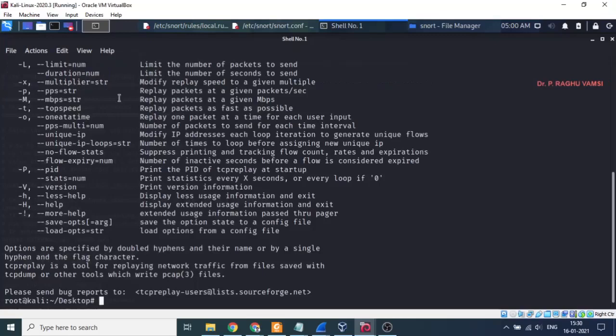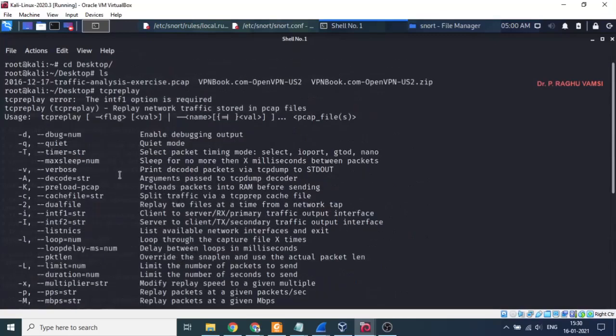So this tcpreplay has various options: tcpreplay, flags, and the PCAP file name. The flags cover how many iterations we need to perform and how much time we need to spend on the traffic. Options include whether you want to print the output onto the screen.